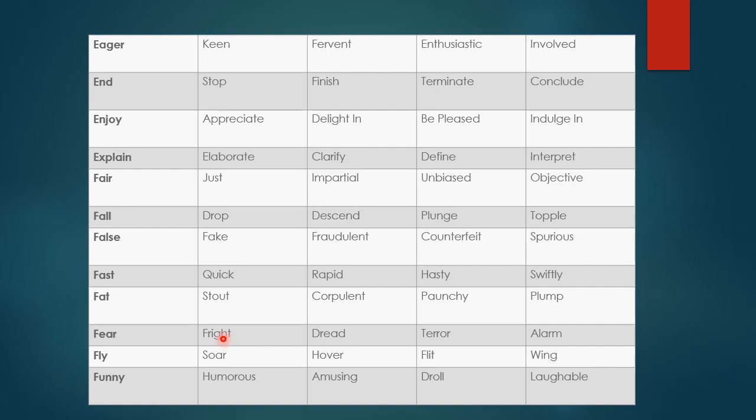Fear, fright, dread, terror, alarm. Fly, soar, hover, flit, wing. Funny, humorous, amusing, droll, laughable. Clear? Next.